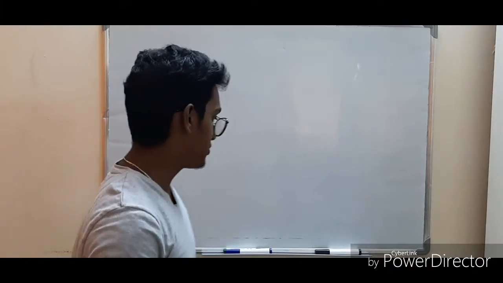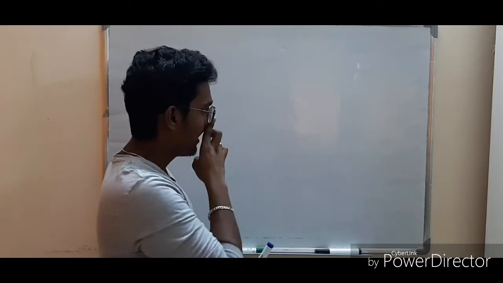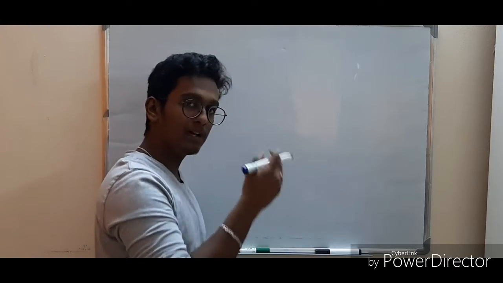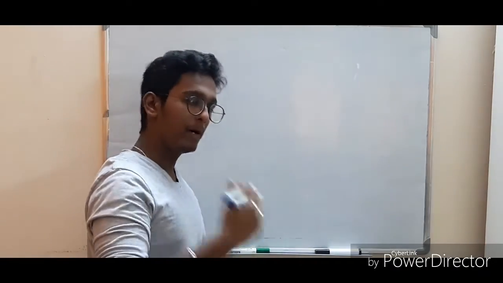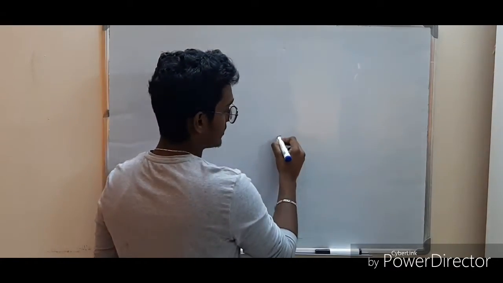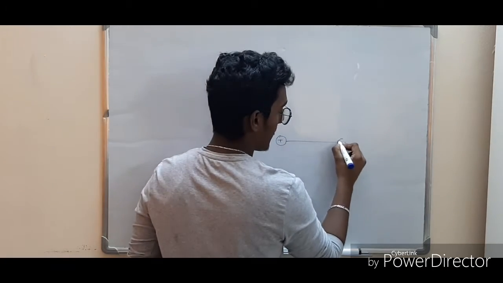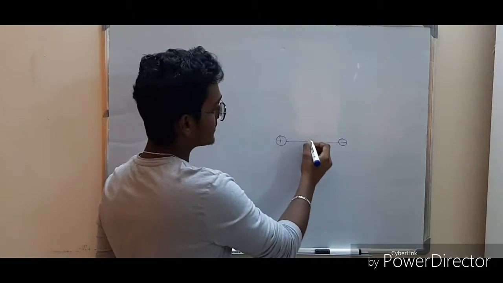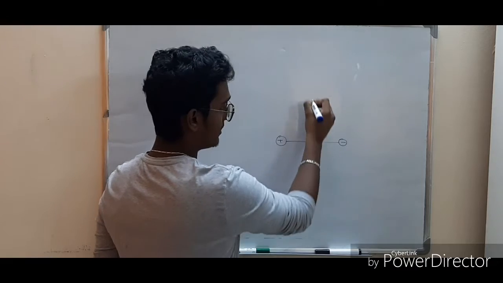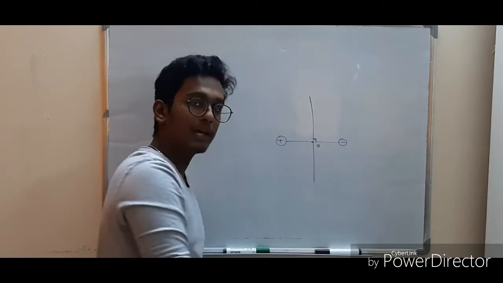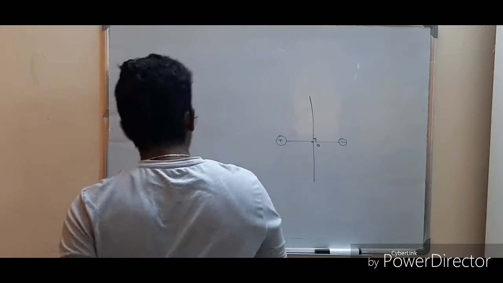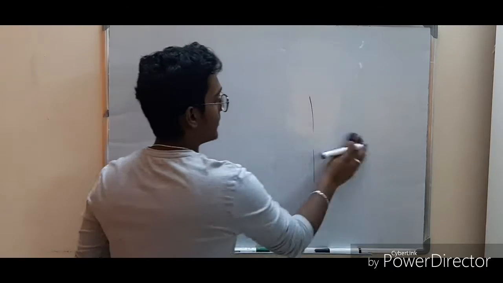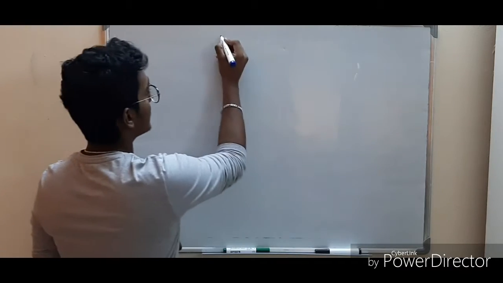So what does it mean to be the equatorial line? It is a line which passes through the center of the dipole, perpendicular to the dipole. So if this is the dipole, the equatorial line is the line which passes through the center perpendicular to the dipole. So now if we need to find the electric field